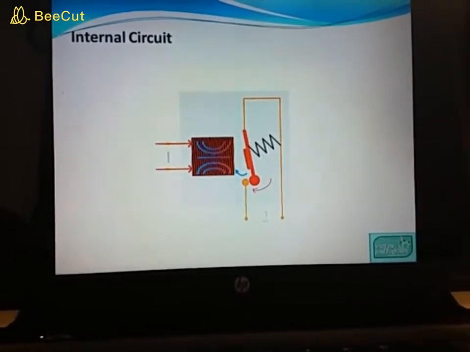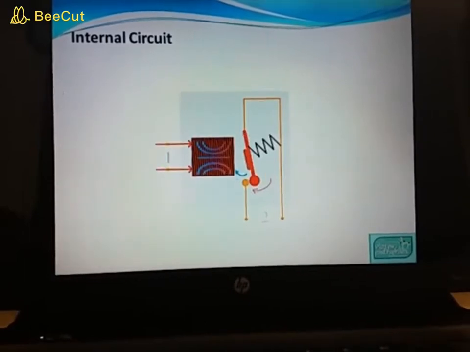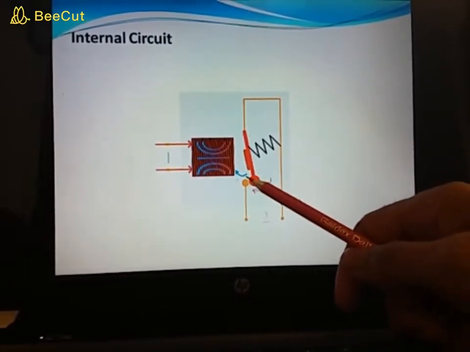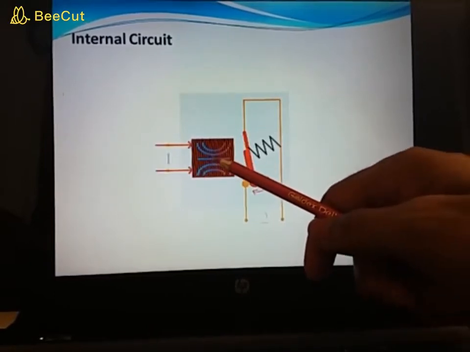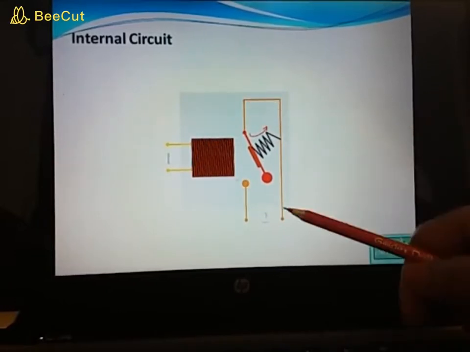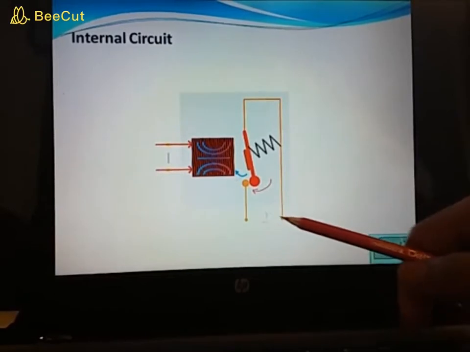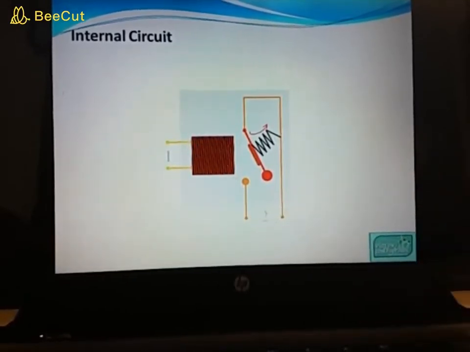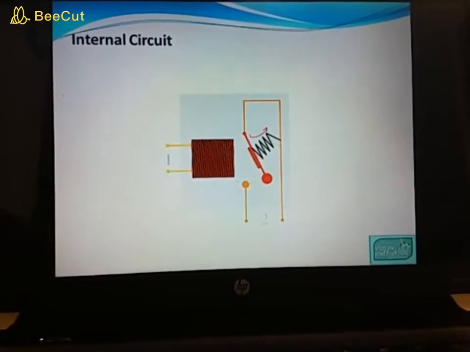After the activation of the electromagnet, this red portion means the switch gets closed, and this behaves as a closed circuit. Whatever device, AC device, is connected, it will be switched on, it will work.